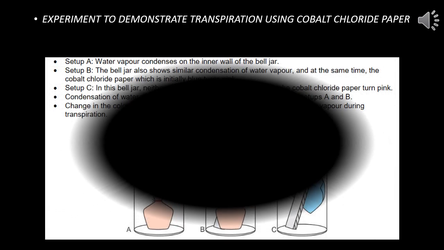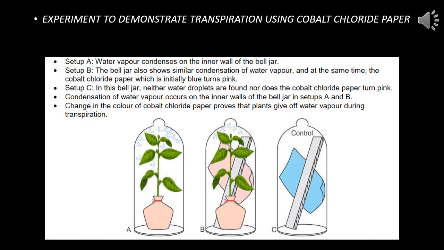Here is another experimental setup to demonstrate transpiration. Setup A. Take a small well-watered potted plant, preferably one with broad leaves. Enclose the pot completely within a polythene bag and tie the mouth of the bag firmly around the base of the stem. This would prevent the escape of water from the pot. Now cover the entire plant under a bell jar, as seen in the figure.